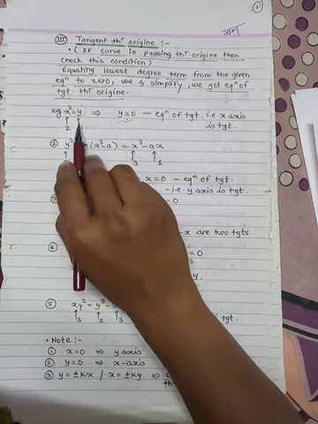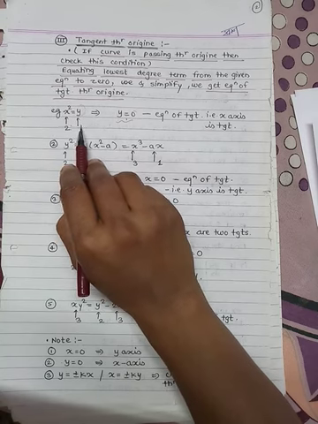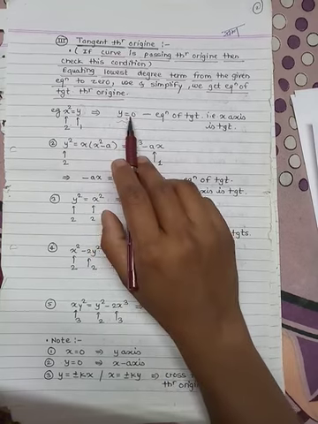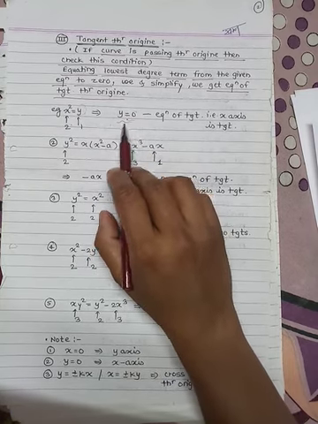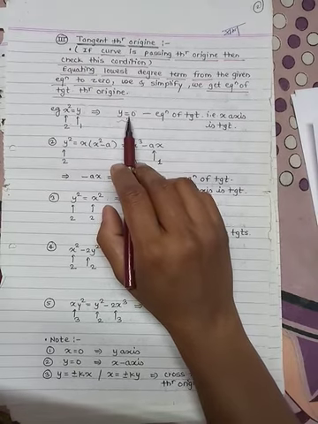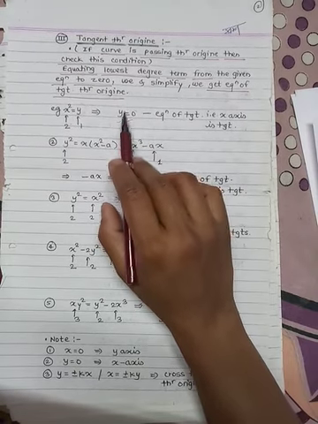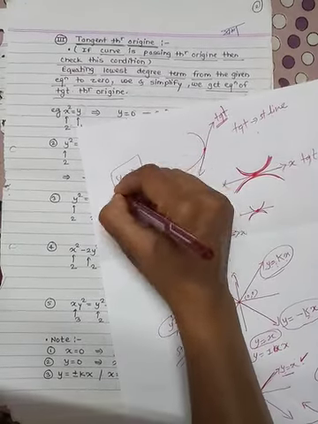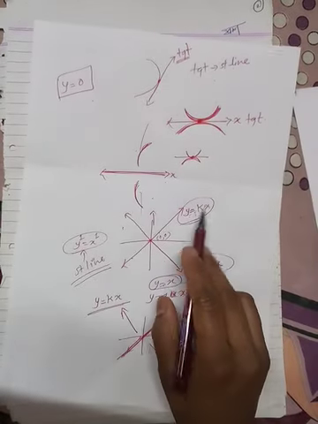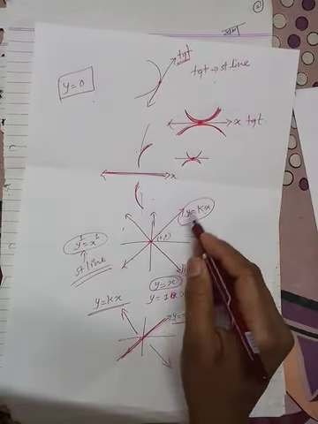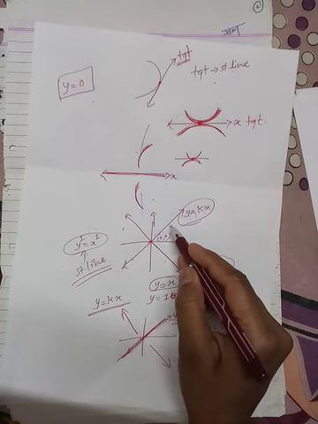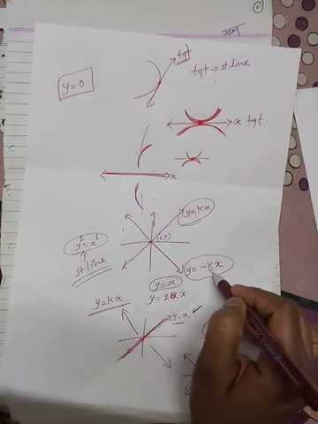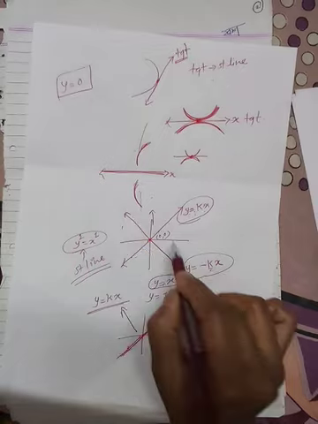So here the lowest power term is y. 2 is greater than 1, so the lowest number is 1. So we have to take this y equal to 0. And after simplification, there is no need to simplify, we directly get the equation. So this equation is called the equation of tangent, and y equal to 0 is a fixed equation. As you know, y is equal to kx is the general equation of a straight line passing through the origin from first quadrant to third quadrant, and y equal to minus kx is a line passing through the origin from second to fourth quadrant.